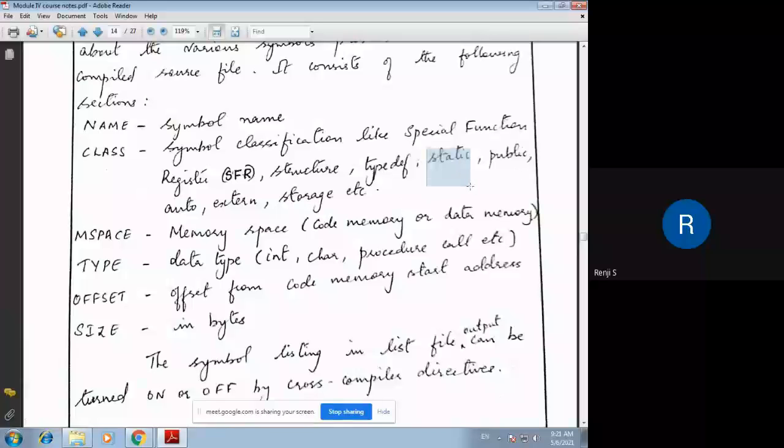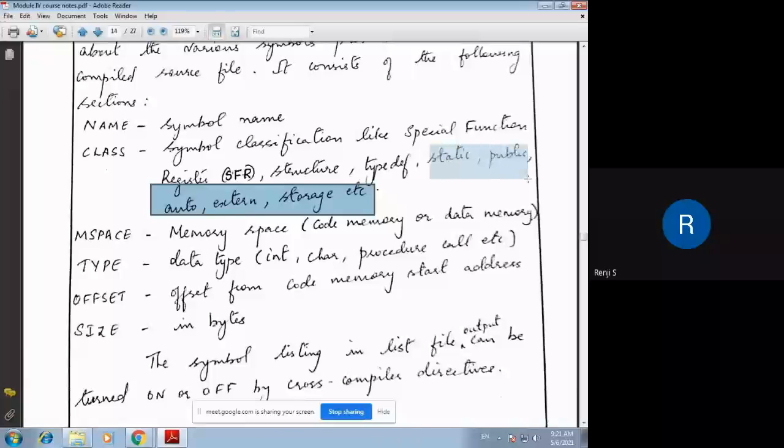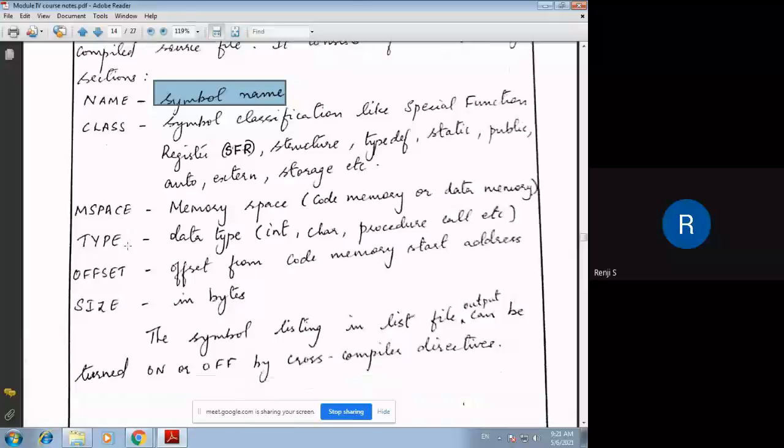These are the storage classes in C. Auto, static, and extern are the storage classes in C. You might have studied storage classes in C. How a particular variable is stored in your program, and there are different classes for storing variables, that is, we call them storage classes, and different storage classes include auto, static, and extern. So to which class this symbol belongs will be listed there in the symbol table information.